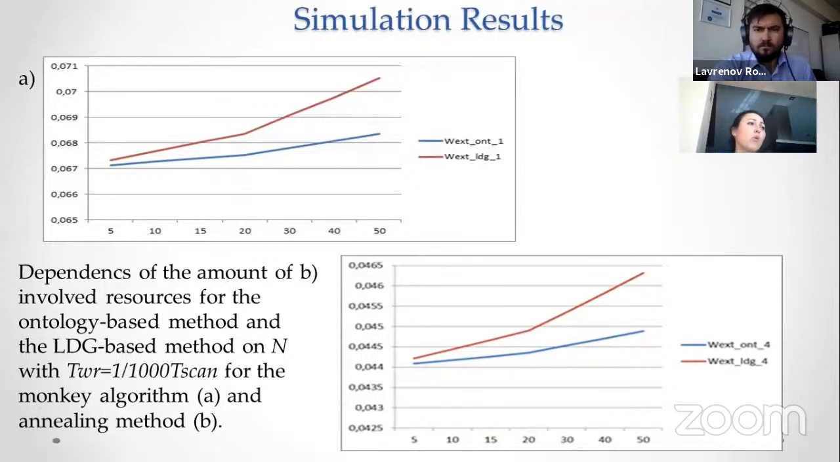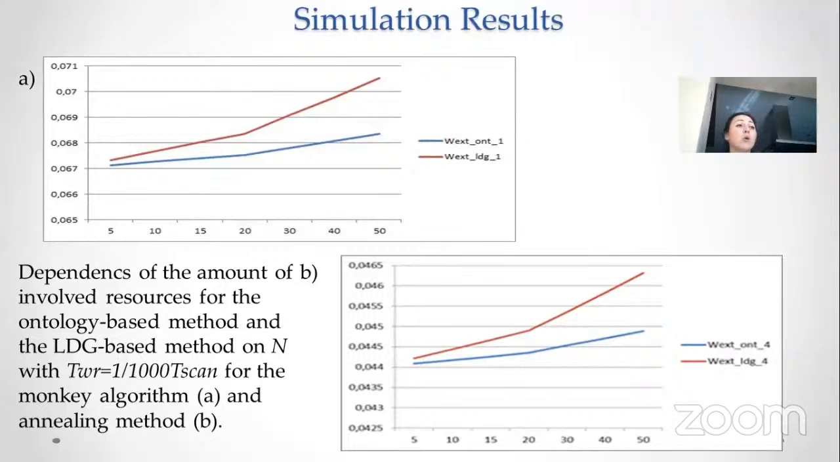The purpose of our experiments is to obtain comparative estimates of the amount of computing resources involved in the workload allocation problem solving, using the method based on ontological analysis and the method based on local device groups under different environmental conditions. The local device group based method is iterative and it was carefully described in our previous studies. In this paper, we studied the monkey algorithm and the annealing method from the point of view of possible extra